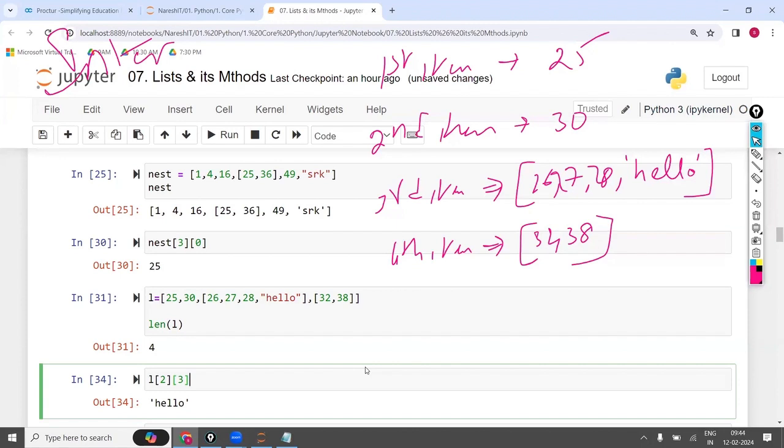Now, the next question is, I want wo, only wo. Is that possible? From here, the output is a string. For this string, can you apply indexing one more time? Yes, a string also has indexing. I want only wo. Now what do I have to do? In terms of -1, or you can take it in terms of positive, it is 4.